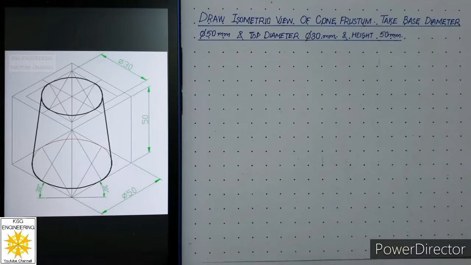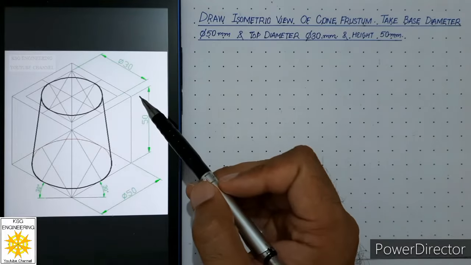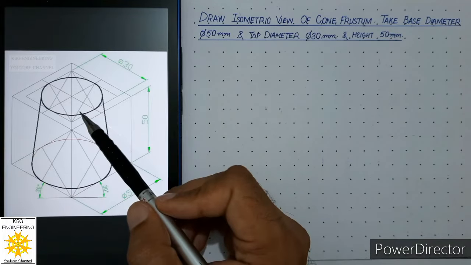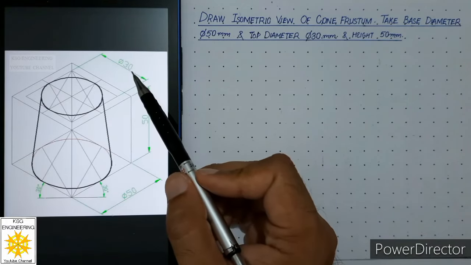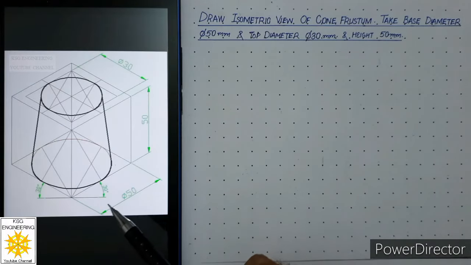Welcome students. Today we will draw the isometric view of a cone frustum, and we have considered the base diameter of the cone frustum as 50 mm, height of the frustum is 50 mm, and its top diameter is 30 mm. So let us see what steps we have to adopt in order to draw the isometric view of this cone